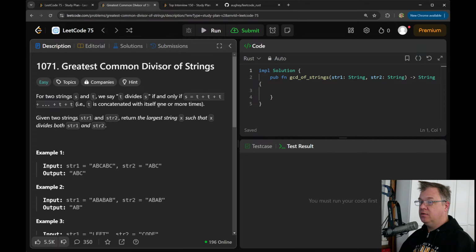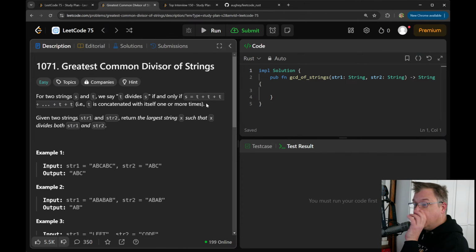What the hell? Given two strings, str1 and str2, return the largest string X that divides both str1 and str2. So let's see this again. S and T, we say T divides S if and only if S equals T concatenated more times.